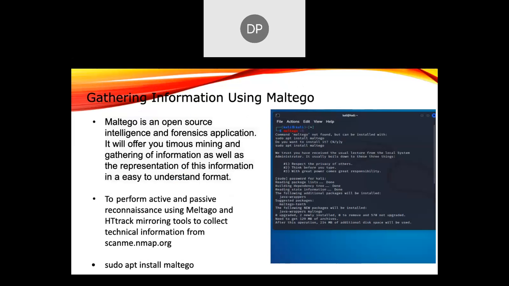Also, there is a tool in Kali called Maltego. Maltego is an open source intelligence and forensic application. It offers timely mining and gathering of information as well as representation of this information in an easy to understand format. We perform active and passive reconnaissance using Maltego and HTTrack mirroring tools to collect technical information from